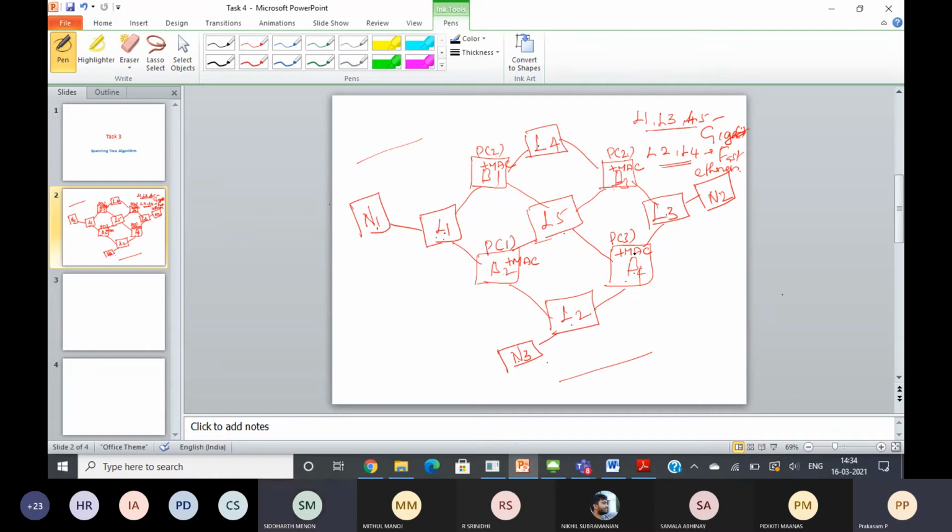Because bridge ID is nothing but a combination of the priority plus the respective MAC address. Automatically, you will get a different bridge ID. To make you understand, I am giving the same priority. But once you complete it, you can understand that even if you give the same priority, the bridge ID will differ. Okay, that we will see.